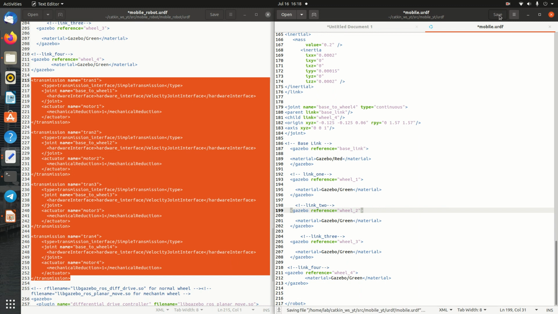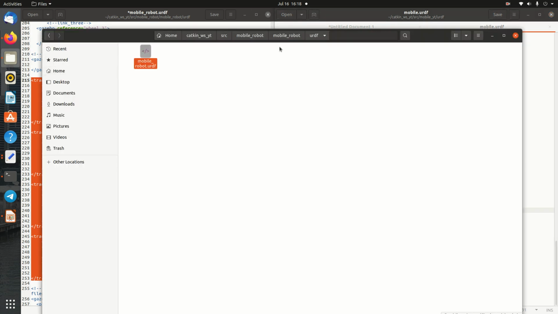Okay, so far, later I will go through this Xacro file, this URDF file. We will complete it. Right now I want to see how it's going to be if we use